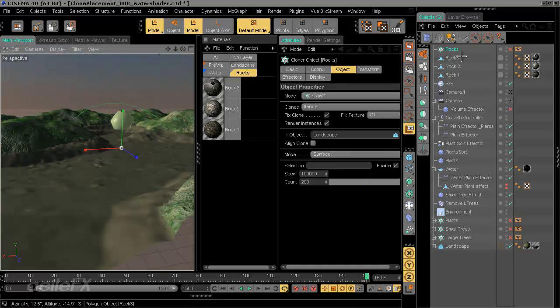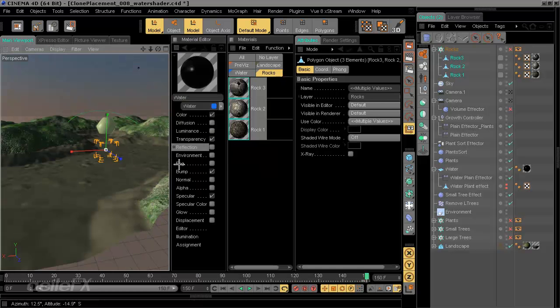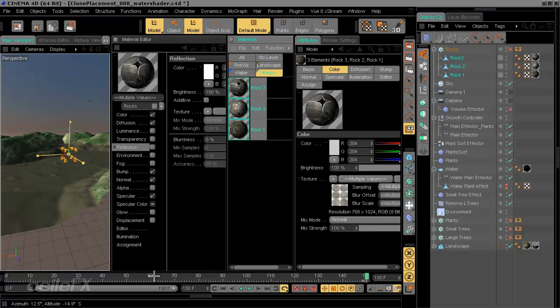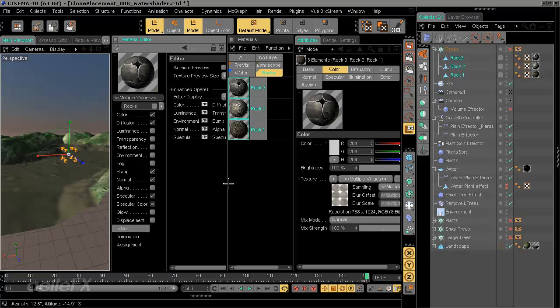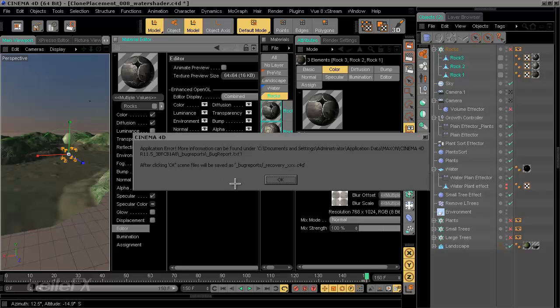And now we need to set up the shader. First I'm going to go ahead and grab the rock objects and add them to the cloner, which is going to create our clones. I also should probably modify the materials first before I go ahead and turn this on. So what I'm going to do is open the material editor. We're going to select all three of these materials in the rock materials, go to the editor, and modify the display preview size to something a little bit smaller to begin with. And